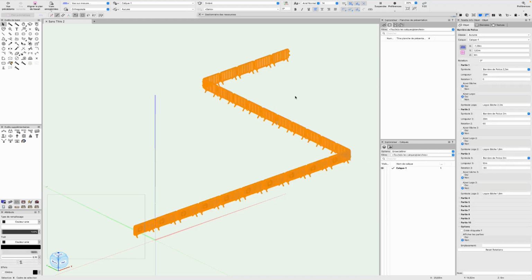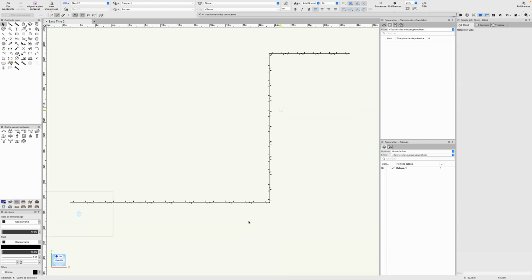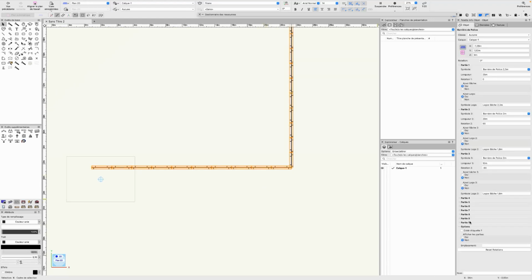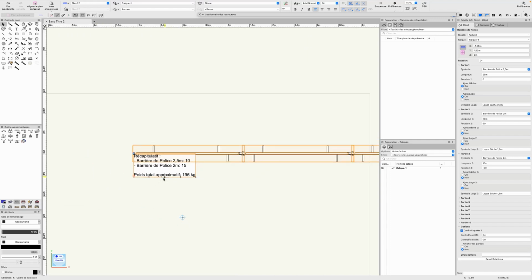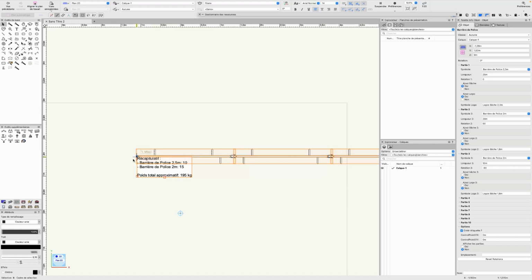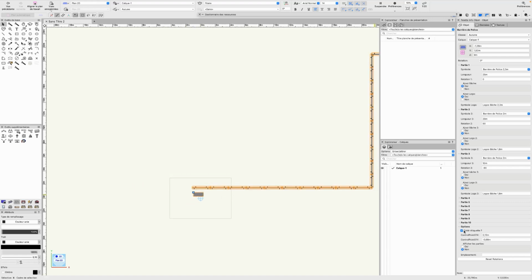So there, as I told you, you can do all the parts up to 10. We will go back in 2D because now we are going to look a little bit at the options we have here at the bottom. So we are already offered to create a label, so we will select, and we have here a recap of the number of barriers used. So from 2.50 meters 10, and from 2 meters 15, and the label is movable here, and we also have here